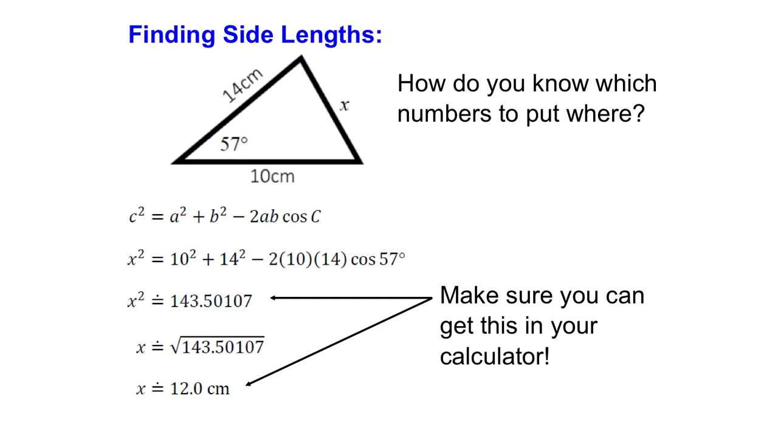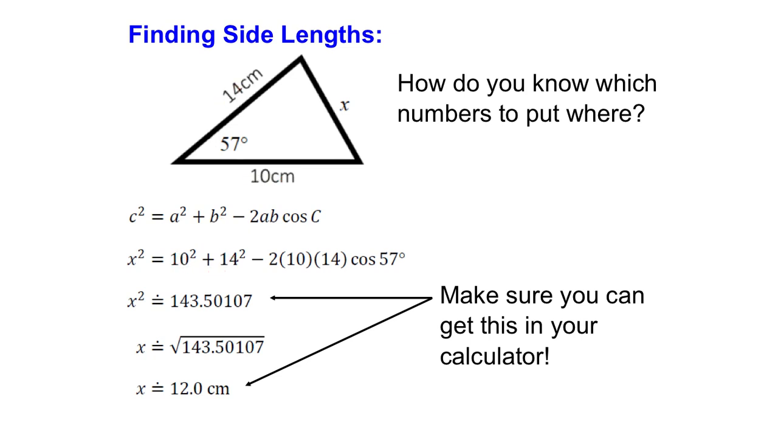Here's an example of determining the missing side length. So here we have an angle, and we know the two side lengths around it. We want to figure out how long the third side is. So x is across from the 57-degree angle, so those are opposites. So x is going in the c spot. That's the side we're trying to find. a and b are just the other two sides, so 14 and 10,